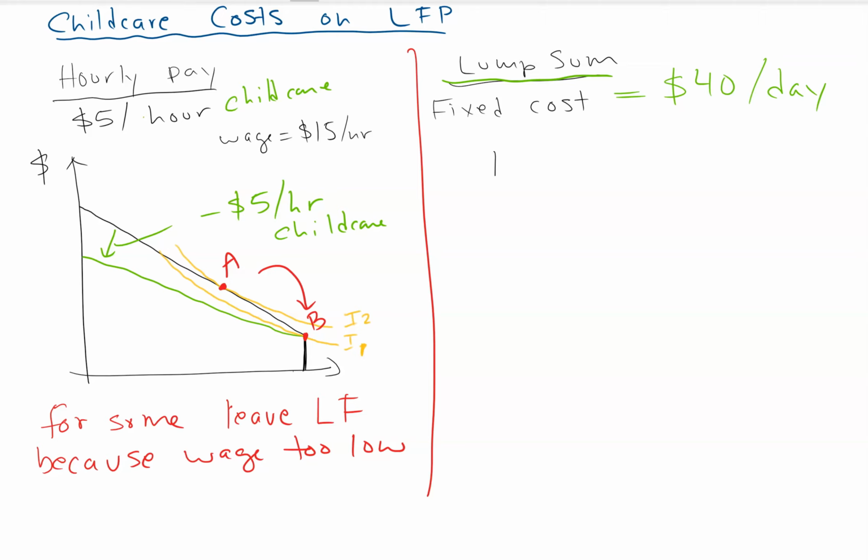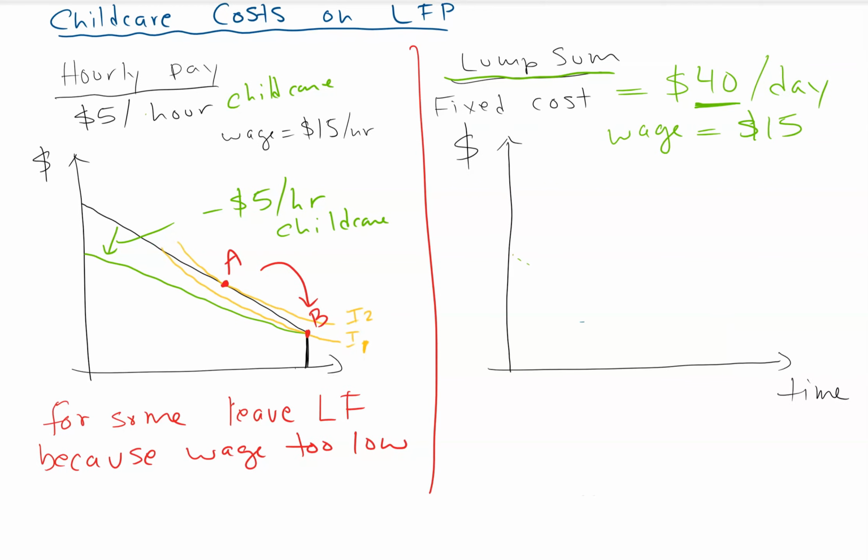So now it's going to look different, and this one's going to be weird, how I'm going to draw it. What happens is you are here. There's money, and here's time. If it's this kind of fixed cost, let's suppose you can't choose to send your kid to childcare for 2 hours. It's either you send them all day or you don't send them at all. So for this problem, we're going to do it as a lump sum. We have a fixed cost of $40 a day for childcare.